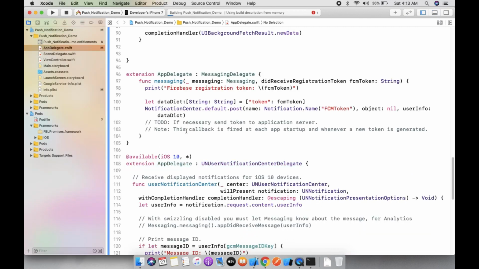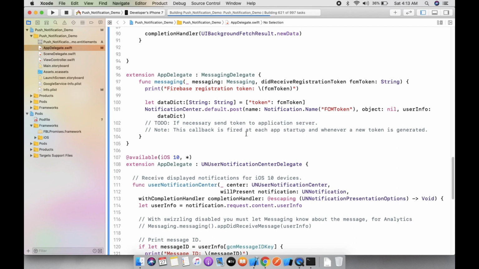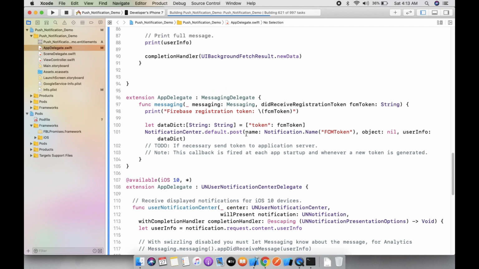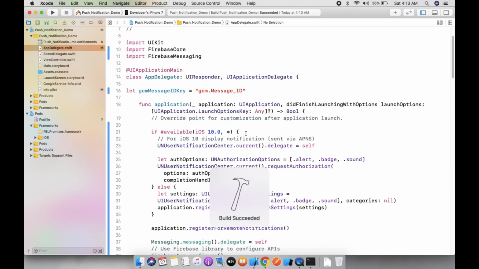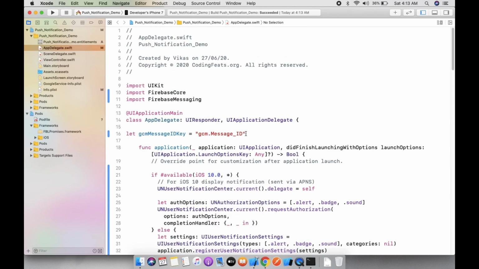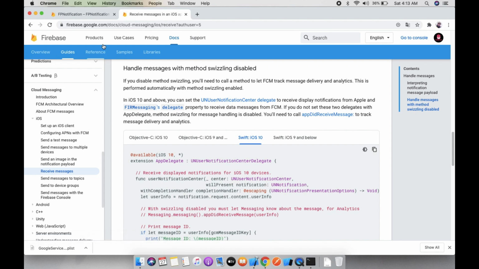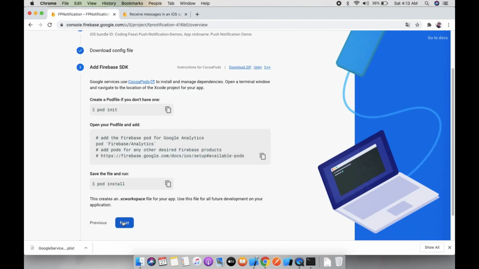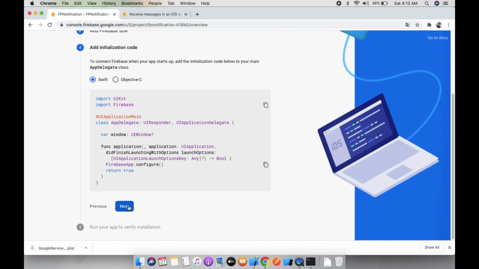Now build this project. From a code perspective, the code is done, and now go to this and click next. We will cover all the functionality.